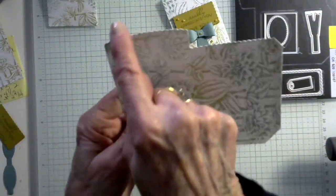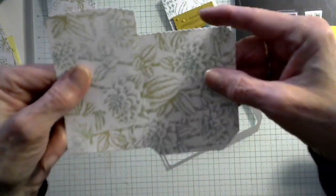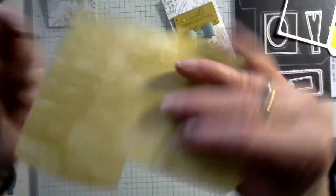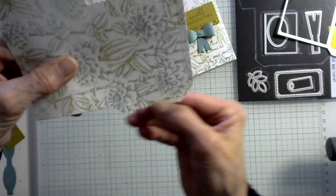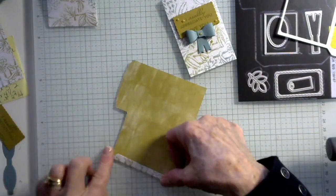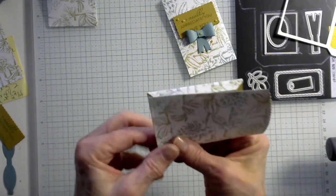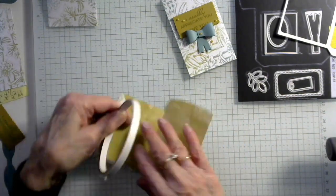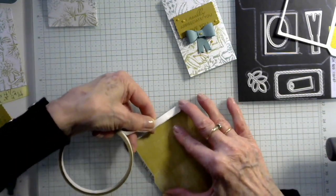It has little scallops on the front and the back of the little envelope. And it has score lines that are kind of hard to see. But there's one right here, and then there's one here and one here. And that is so you can fold it up like so. Fold it over. And I found that tear and tape worked better. This is a little tiny bit wider